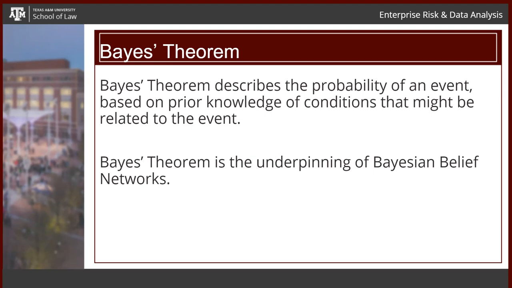What's the probability I'm going to drive to College Station today? And given that I drive to College Station, what's the probability I'm going to have a traffic jam between Houston and College Station? And given the probability that there's a traffic jam, what's the probability it's due to construction or it's due to a car accident? So it's probabilities based on probabilities.